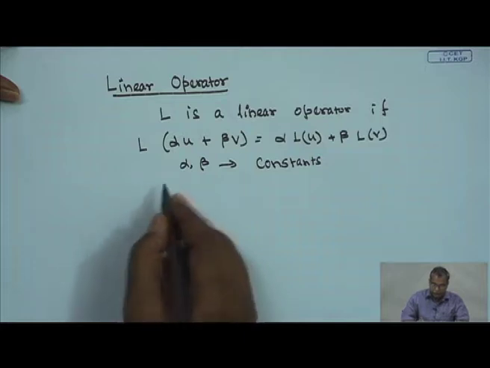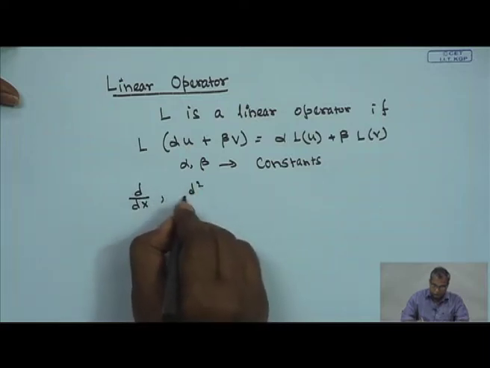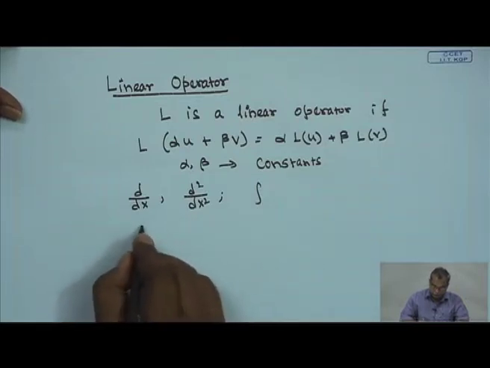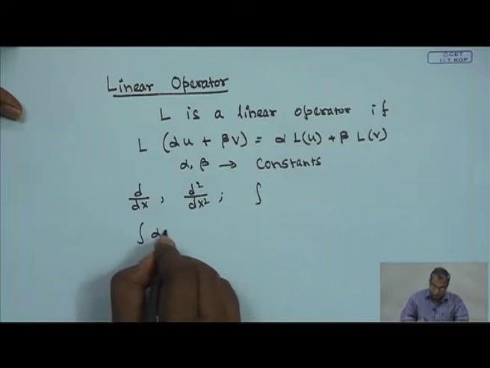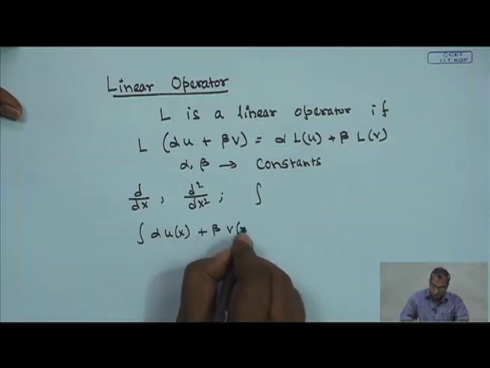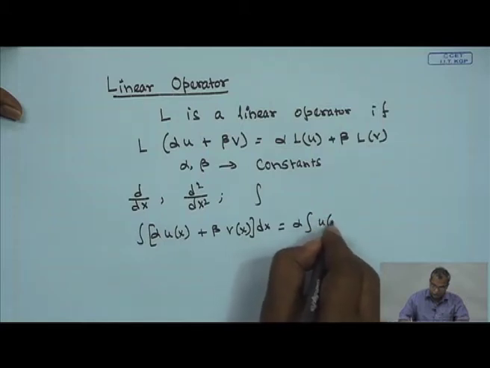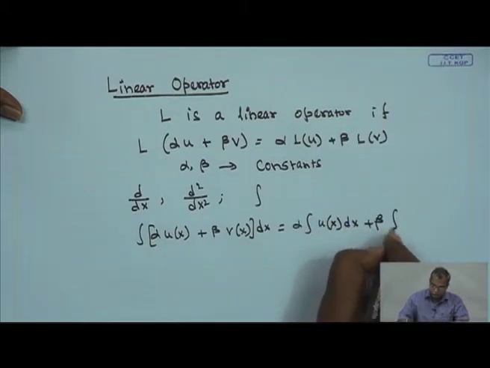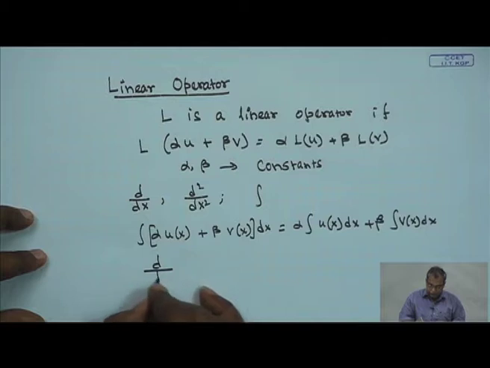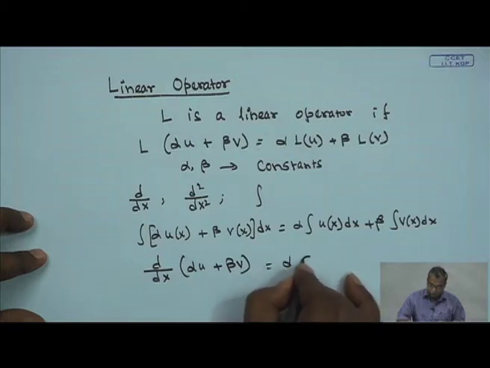Now, d/dx, what is an example of a linear operator? d/dx is a linear operator, d squared by dx squared is a linear operator, integration is a linear operator. For example, the integral of alpha u(x) plus beta v(x) dx is nothing but alpha integral u(x) dx plus beta integral v(x) dx. So, for example, d/dx of alpha u plus beta v is nothing but alpha du/dx